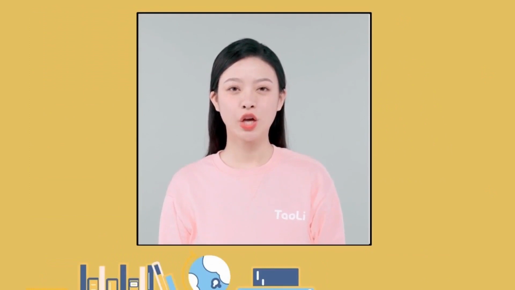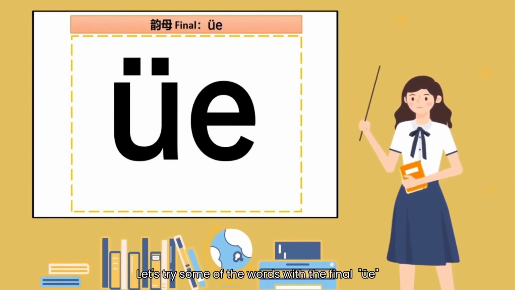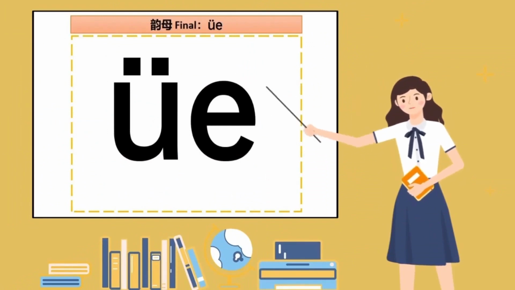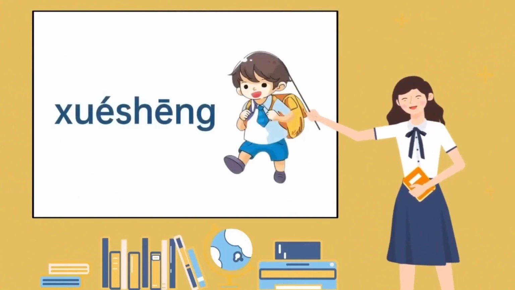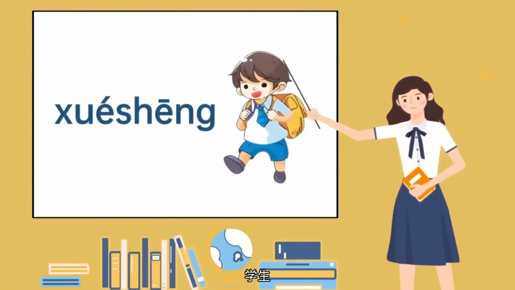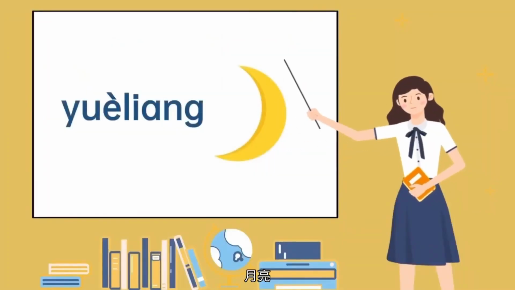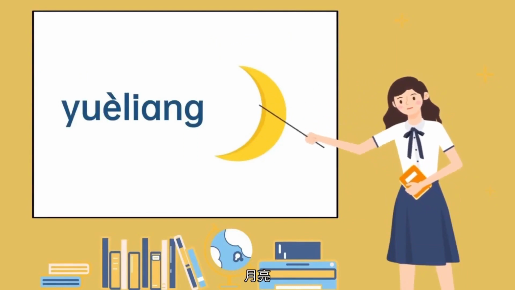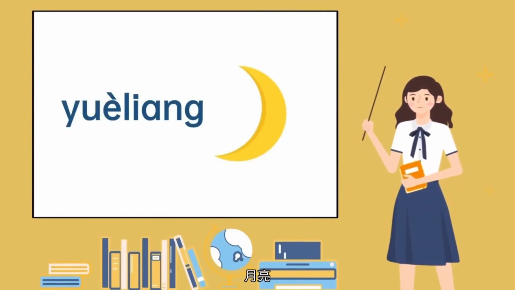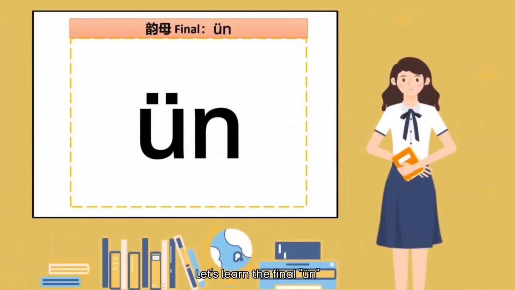Let's try some of the words with the final 约。学生，学生。月亮，月亮。That's all for the final 约。 Let's learn the final